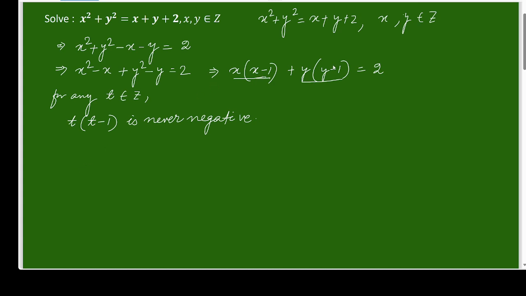So neither of them is negative, because this is x times x minus 1, and this is y times y minus 1. When both are non-negative, they must be small to get the sum 2. What else? Else is when it becomes greater than 2. t times t minus 1 is greater than 2